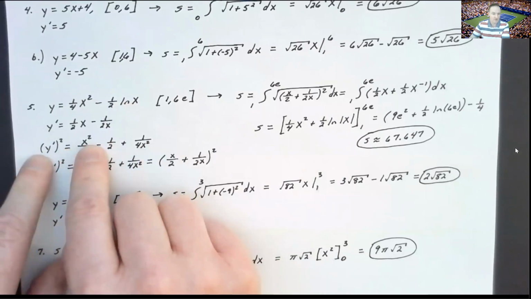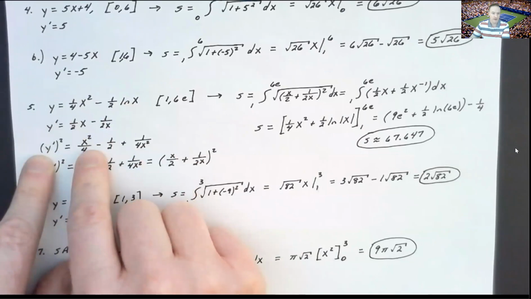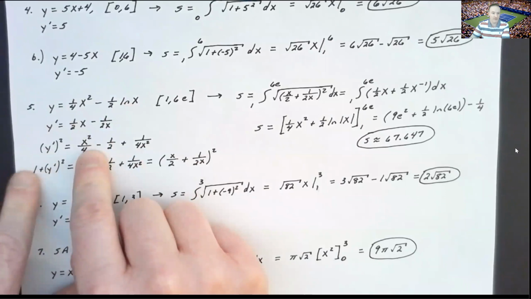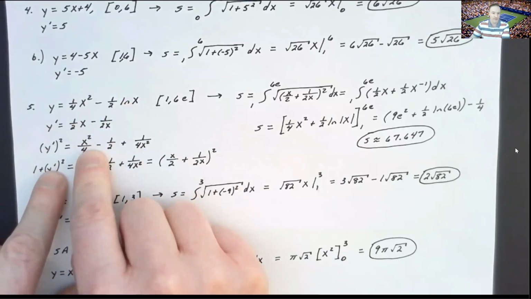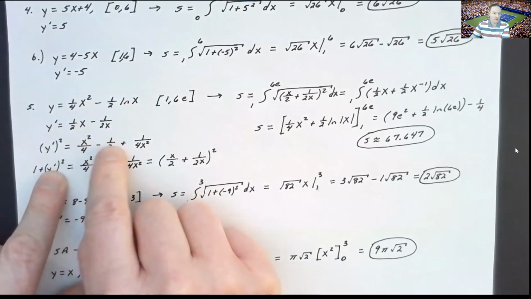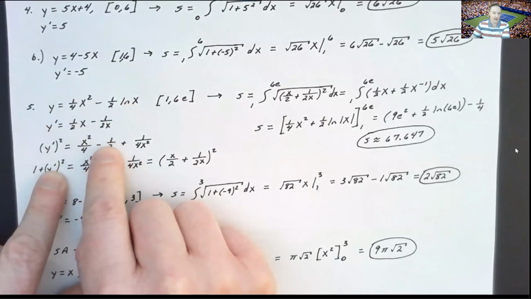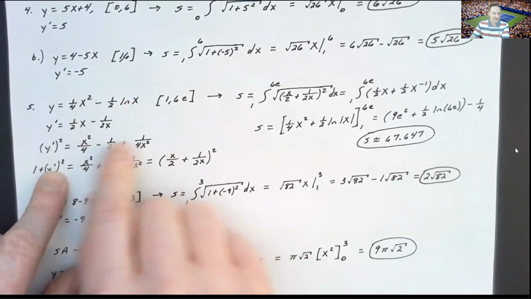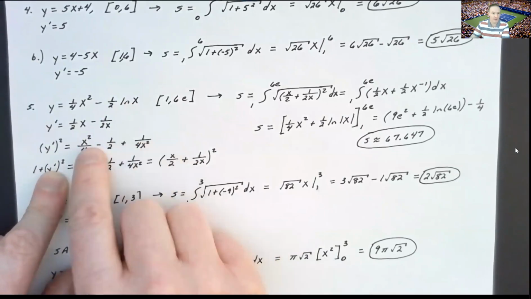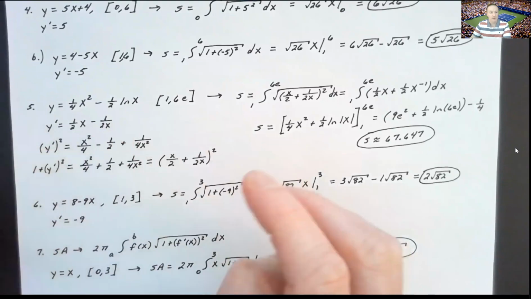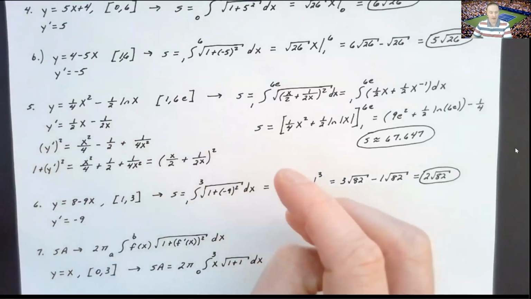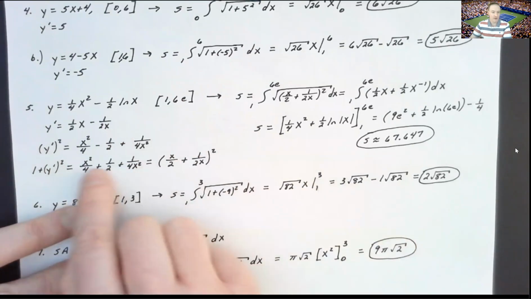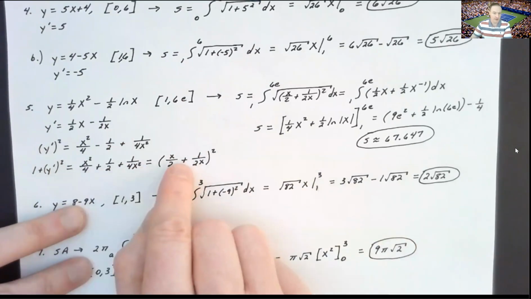Now, that's the square of the derivative. And then I need inside that square root 1 plus the square of the derivative. So all that's going to do is change that minus 1/2 to a plus 1/2 in the middle. And just as this was a perfect square trinomial because it was equal to the group 1/2 x minus 1 over 2x quantity squared, this trinomial is also a perfect square expression,